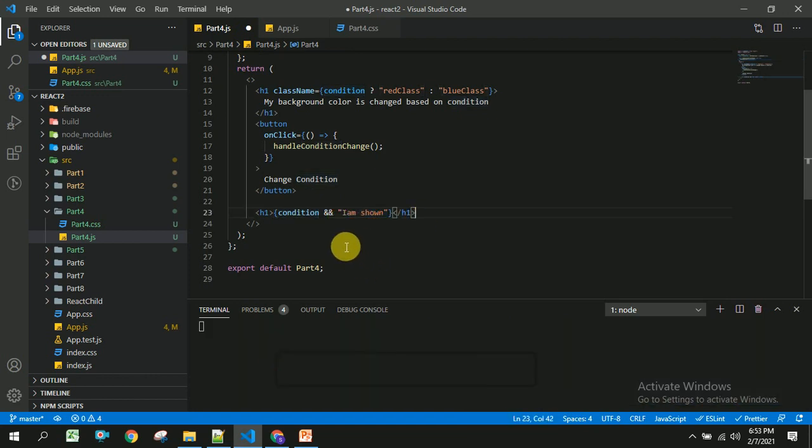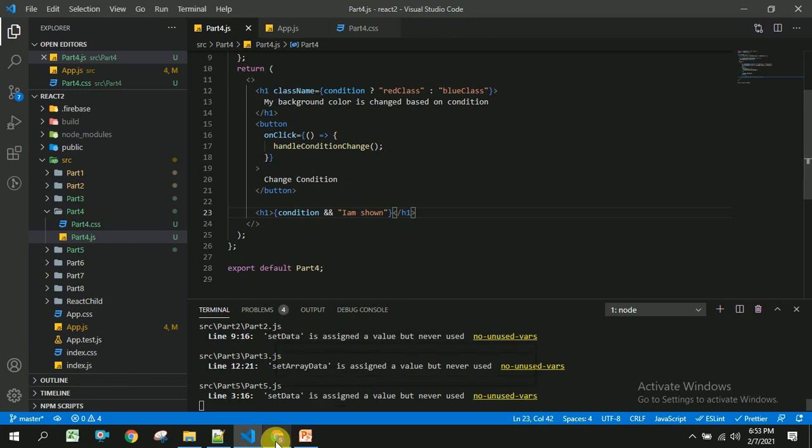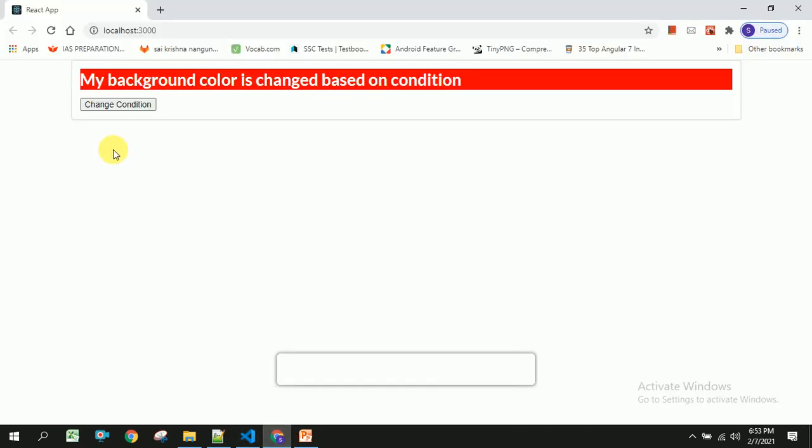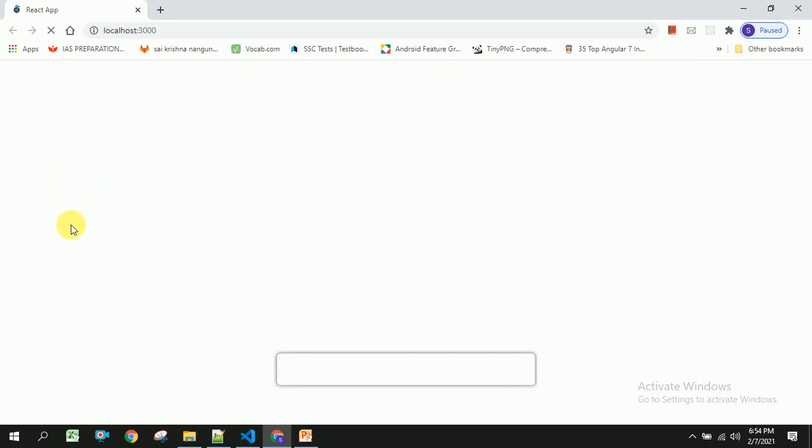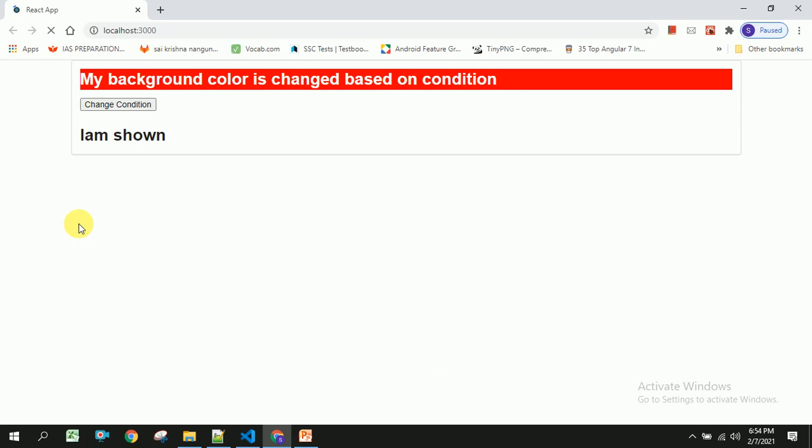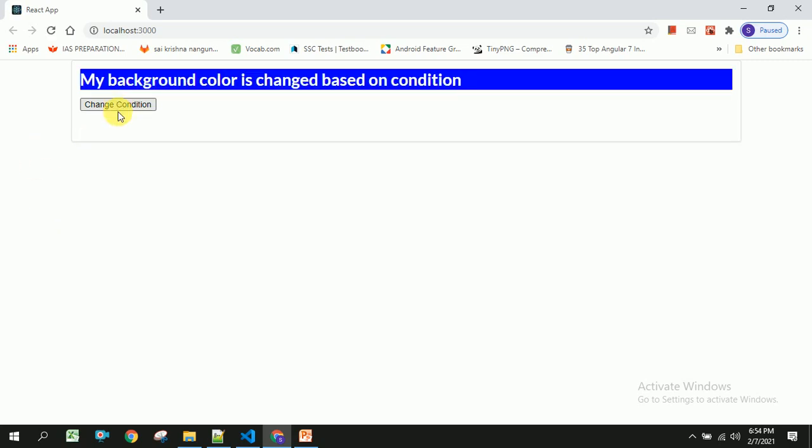If the condition is changed to true, this will be shown to the user. So let's head back to our browser and check whether it's working or not. You should be able to see I am shown, and if I change the condition, you should not be able to see that. So in this way, we can achieve these two things.